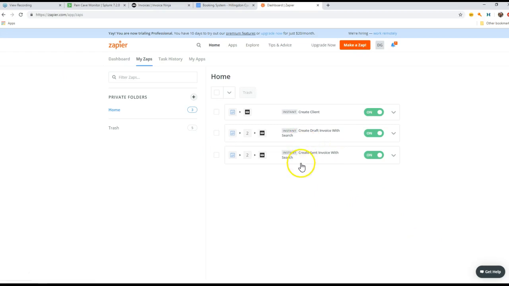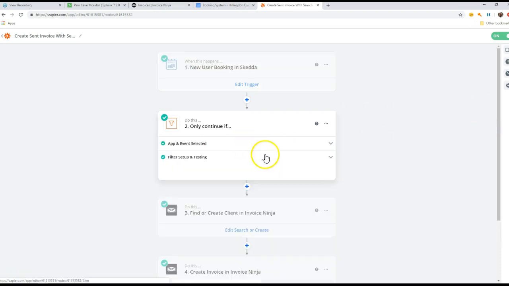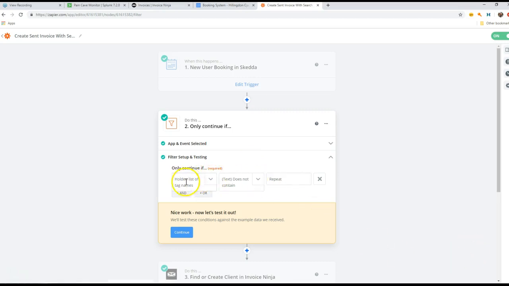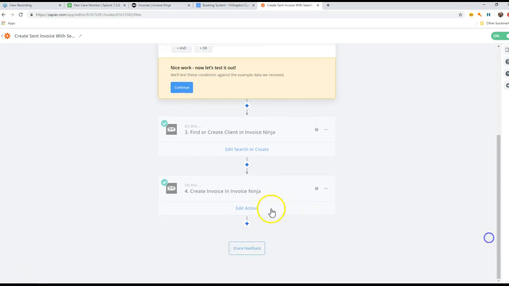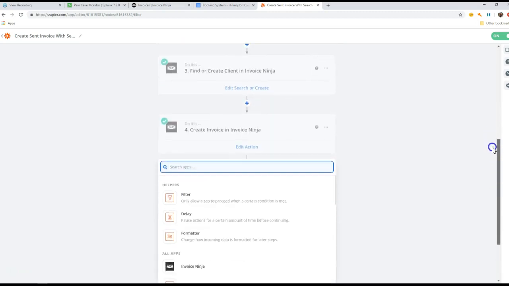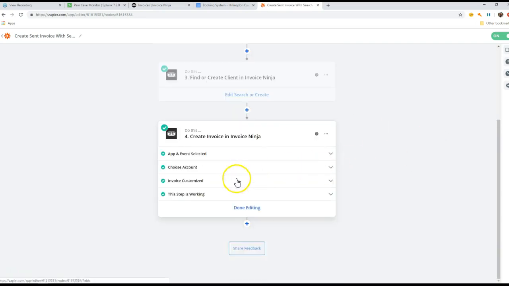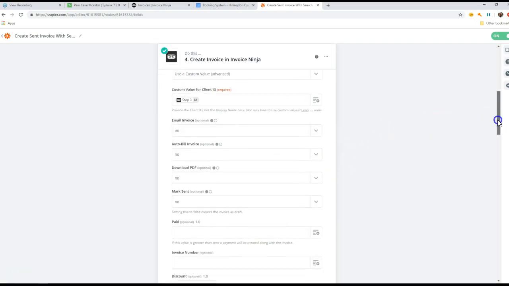This next one is going to create a sent invoice. So this one, the only difference is that on the filter, it's looking if it does not contain repeat. So in this case, if we use community as a tag, does not contain community. So in this case, what's going to happen is when the invoice is created, the invoice is customized slightly different